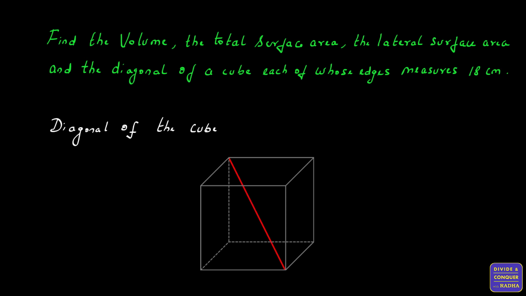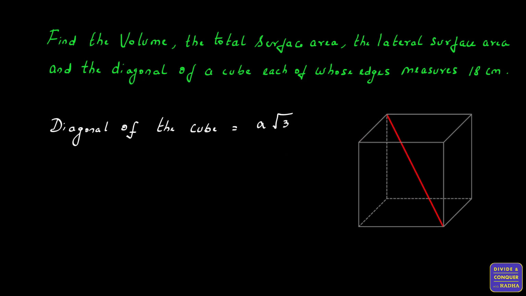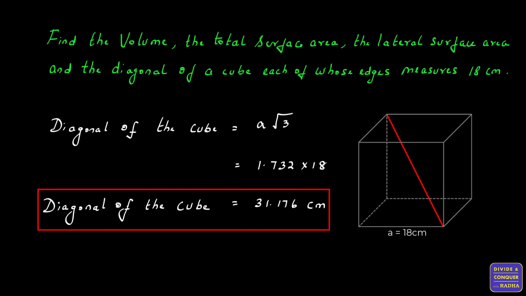Diagonal of the cube is calculated using the formula A root 3. The value of root 3 is generally taken as 1.732. Therefore, substituting the value of side and root 3, we have 1.732 into 18, that is equal to 31.176. Therefore, diagonal of the cube is equal to